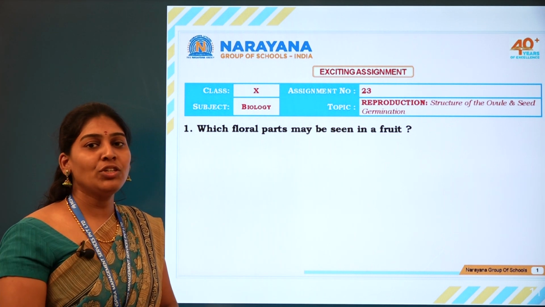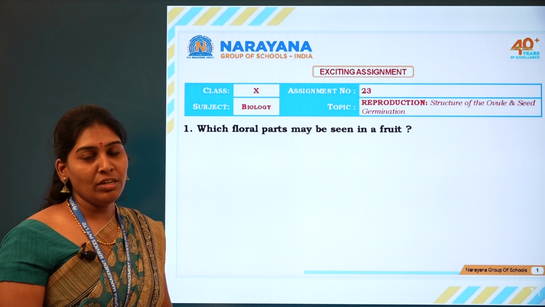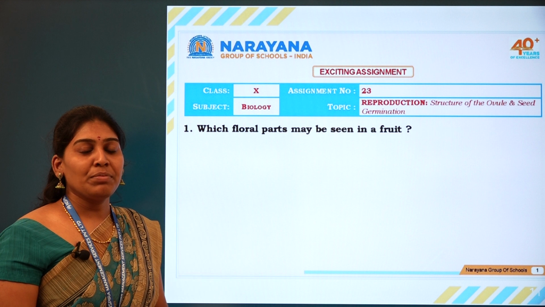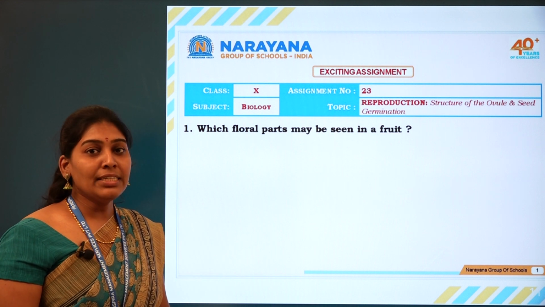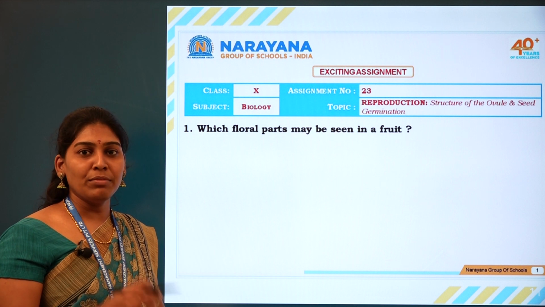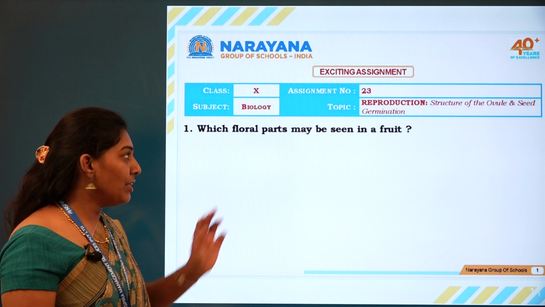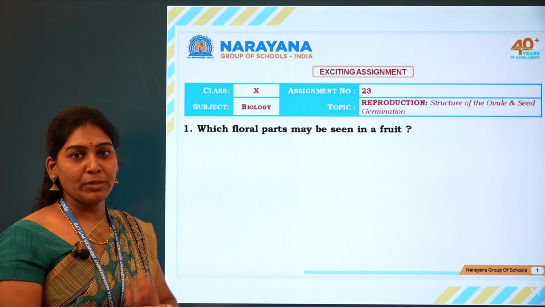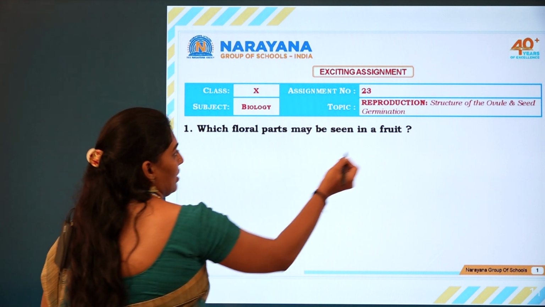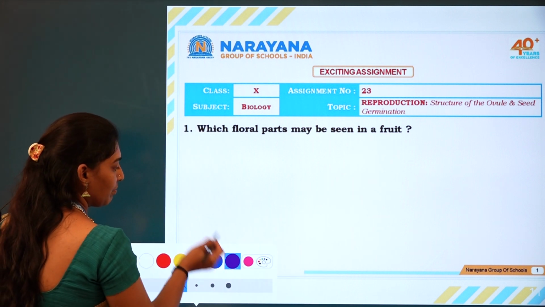The fruit, usually after fertilization, is nothing but a part of the ovary, and inside it the ovules will be there. In some fruits there is also a formation of endosperm, along with the ovules and the ovary. So the fruit which we are going to discuss,